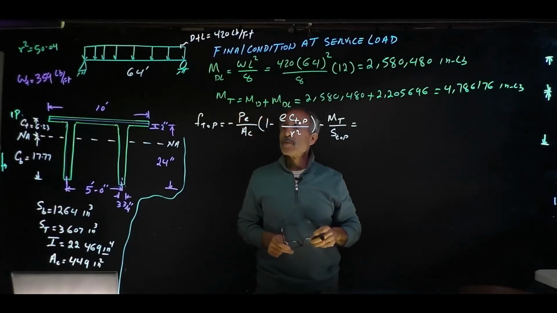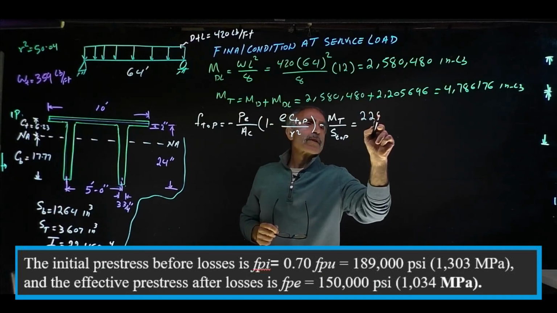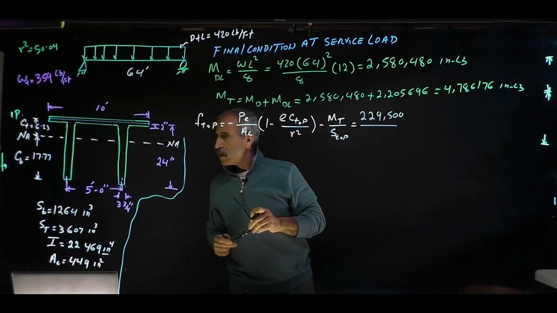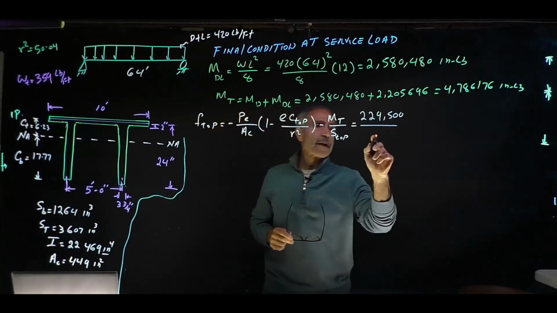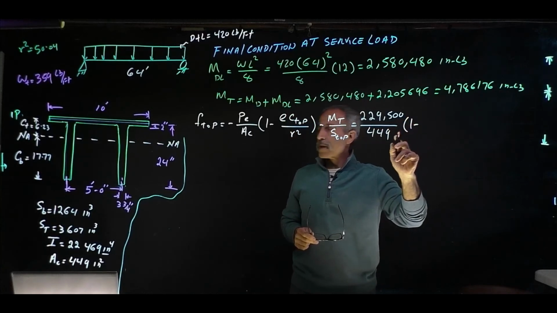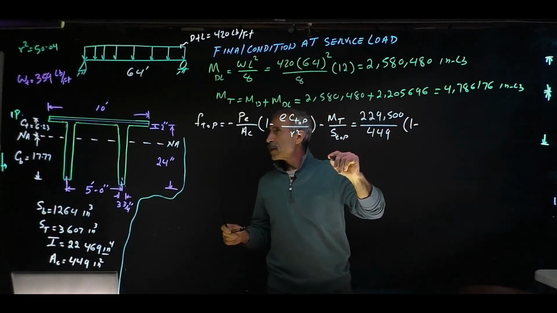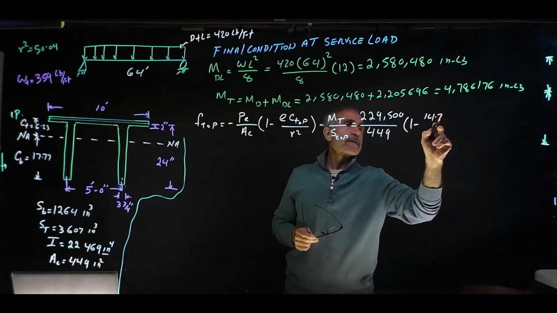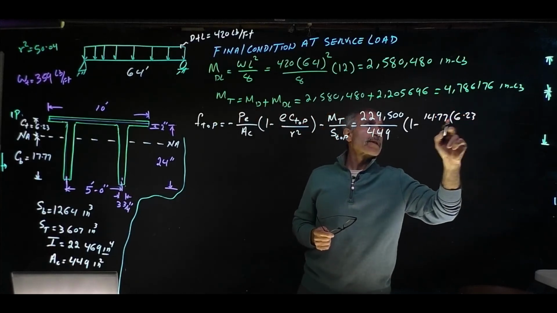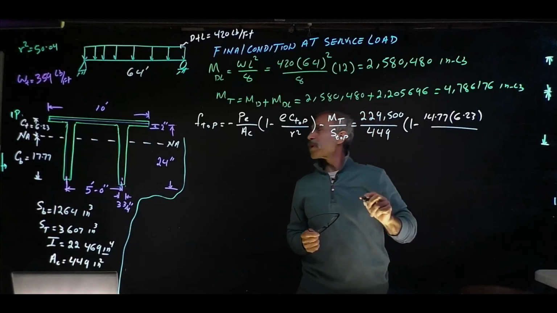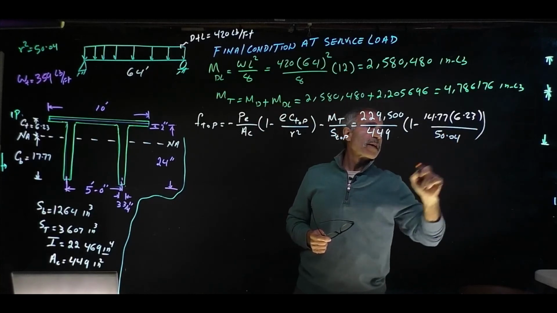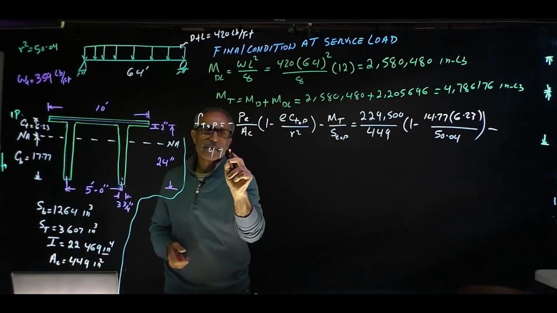And that came out to be, was given, which I erased from the board, 229,500 divided by 449 times 1 minus E, which came out to 1477, times S at top, which is 623, divided by R squared, which was 5004, and